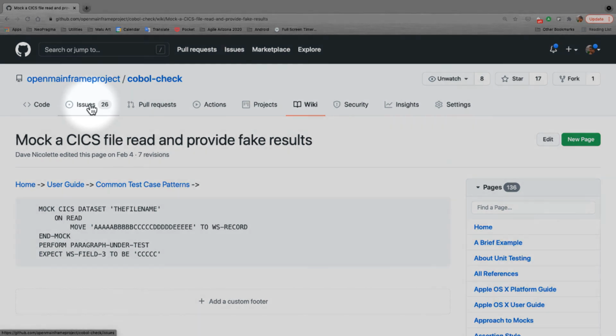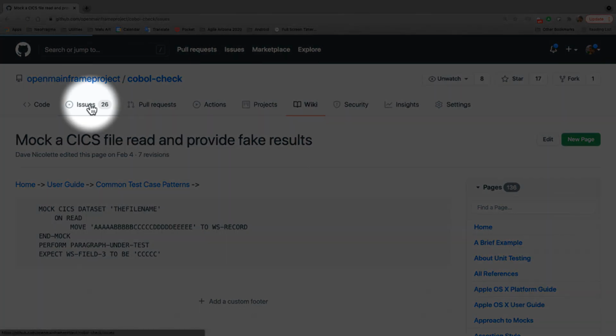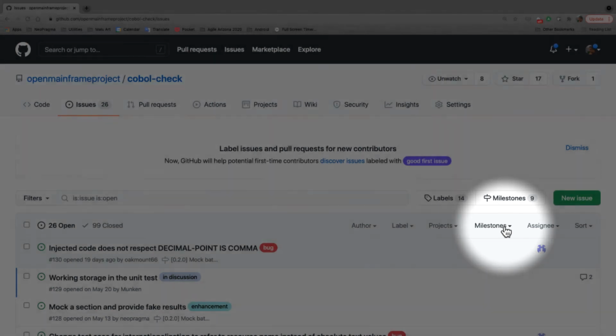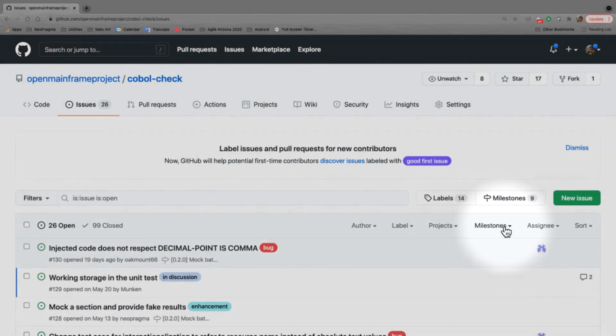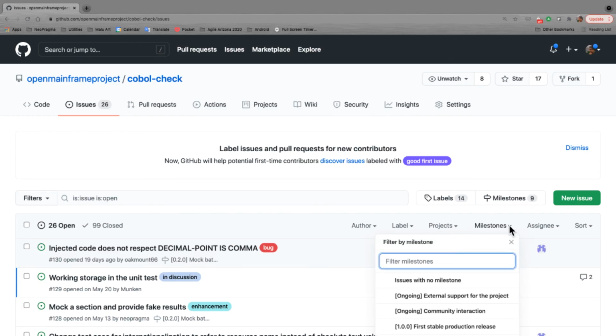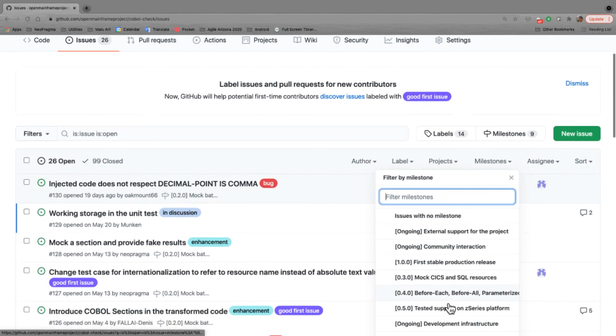We use the GitHub issues as a to-do list. You can visit the issues page to see what is in plan and to see issues that interested parties have added. There's a lot of discussion about future functionality, including integration with development tools. But there's a long way to go to get there. Filter the list by milestone to see what we're planning to do and when. Of course, all plans are tentative. You can add issues if you'd like to see any particular functionality, or if you run into problems using Cobol Check.